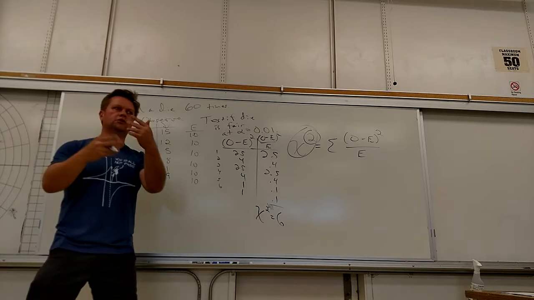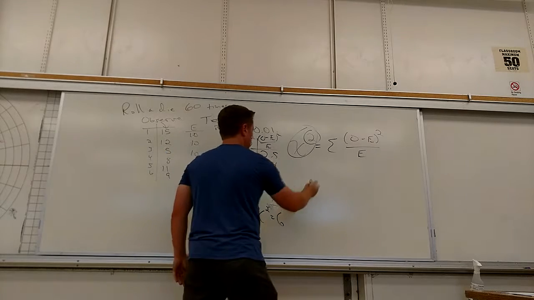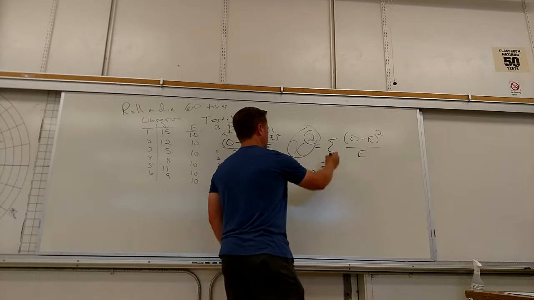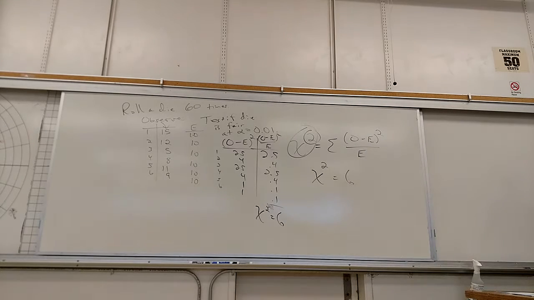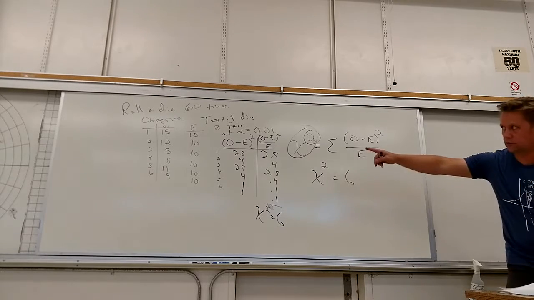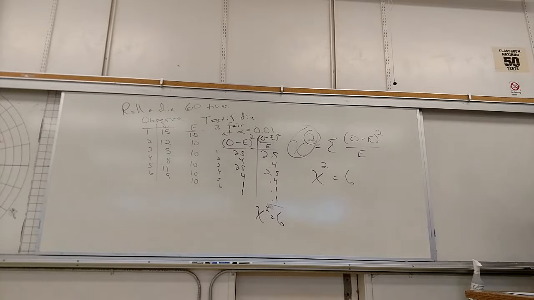Now, how do you read the chart? This is like my chi-square star. I can't remember what I said I would call this, but the chart. Who remembers, how do I calculate degrees of freedom for this? The number of categories. Yes. How many categories are there? 6. Yes, they're numbered for you.